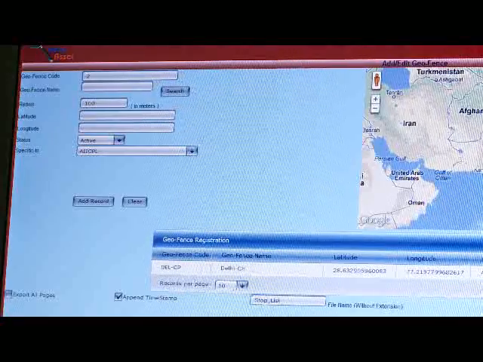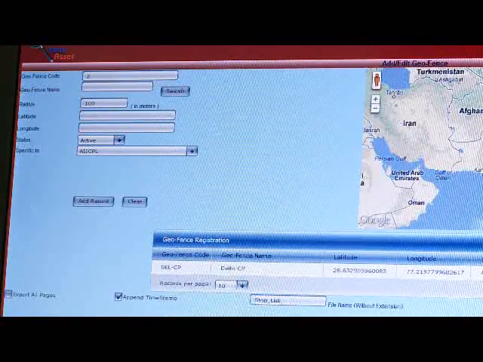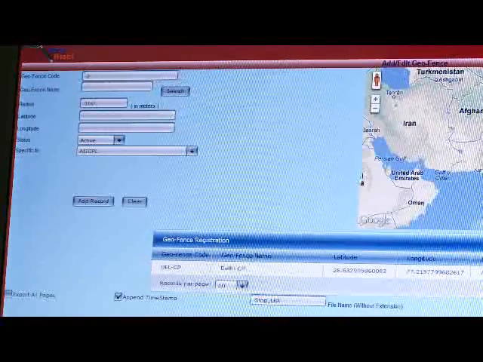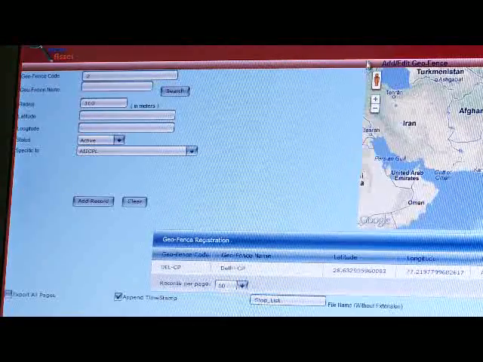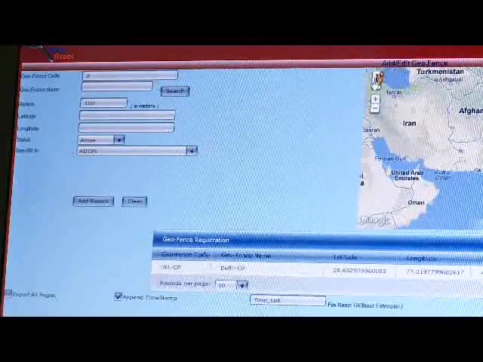Now we can choose whether the vehicle goes into this zone or it goes out of this zone or both. So we get reports according to our selection. Now for this particular vehicle, if I was to see a report, I would get this report on the geofence report.